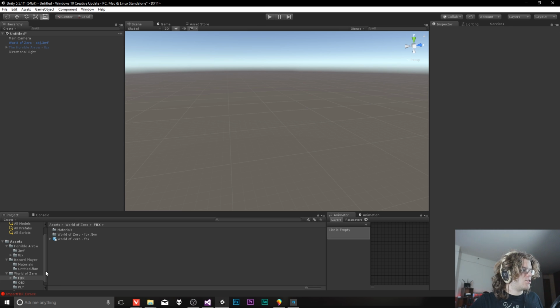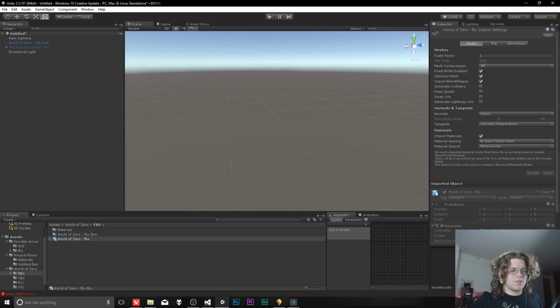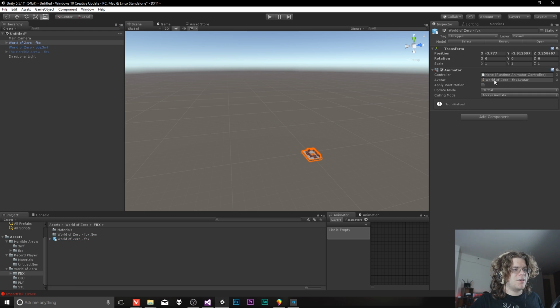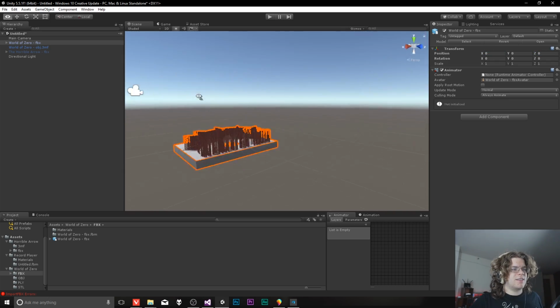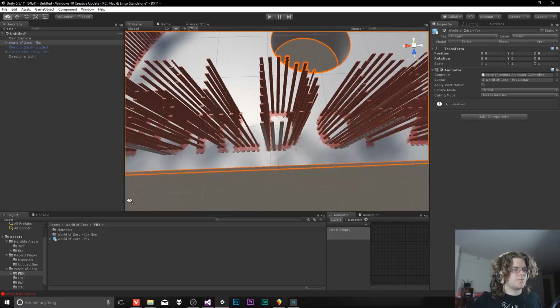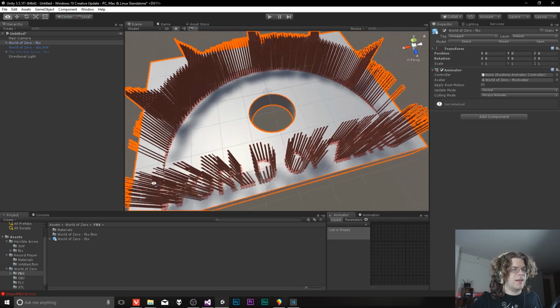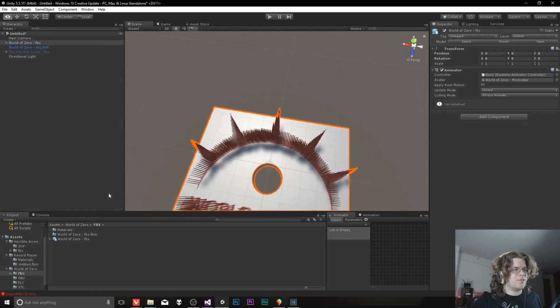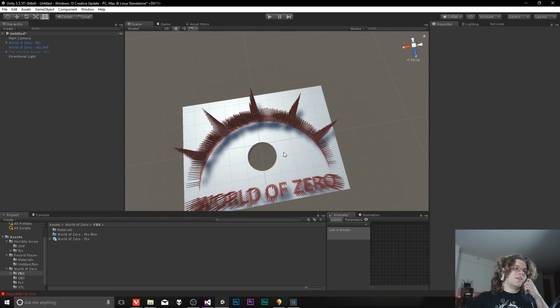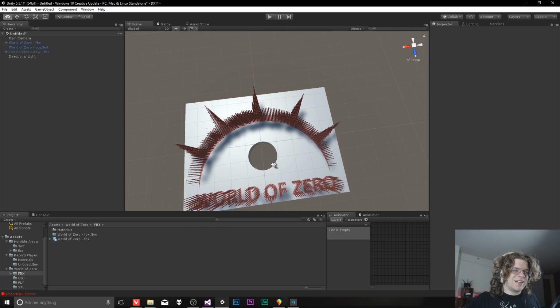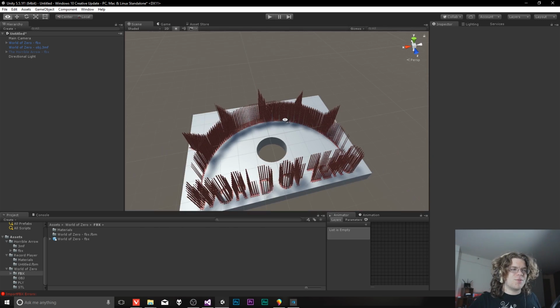Has Unity finished? It has. Cool. And we can actually preview our little model there. We'll stick this at the center. And then we get this horrible contraption. So I guess the ruling is yes, you can use both of these for